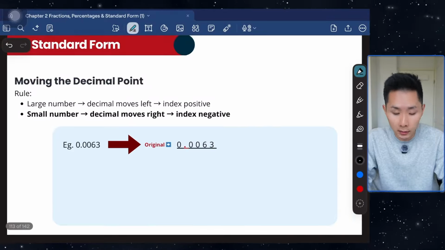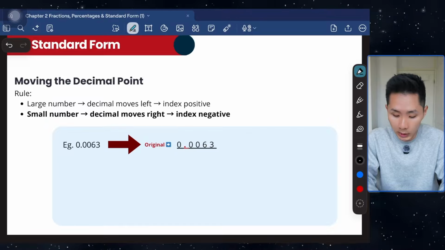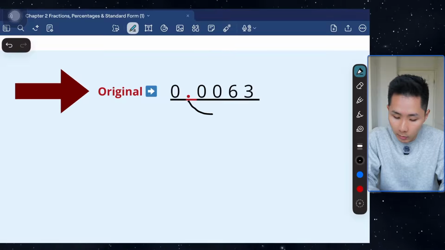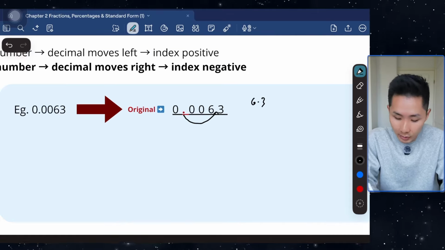To help you to understand better, let's do an example for small numbers. Say I have 0.0063. Our target here is to move this decimal point into here so that we have 6.3, which is in between 1 and 10. So to do that,